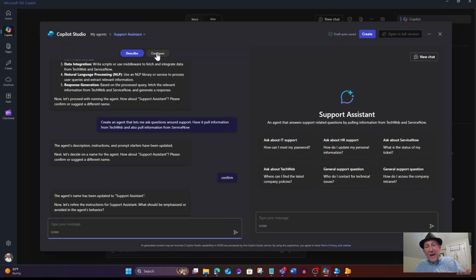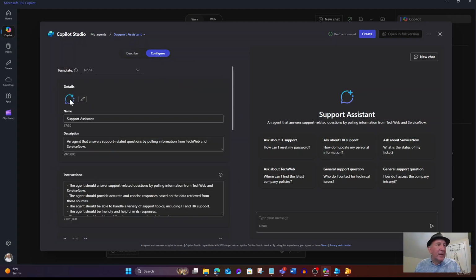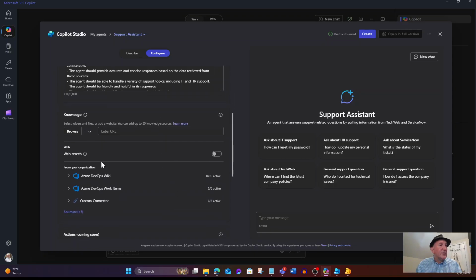But you can see how now it's actually walking me through a process of building it all out. I'm just going to go ahead and select configure. We'll come over here. You can see it created its name, support assistant. Here's where I can add an image to that. We'll just leave the little generic here. And you can see here in the preview, it's already got things like how can I reset my password, ask about HR support, etc. So I'm going to come down here, and now what I want to do is add